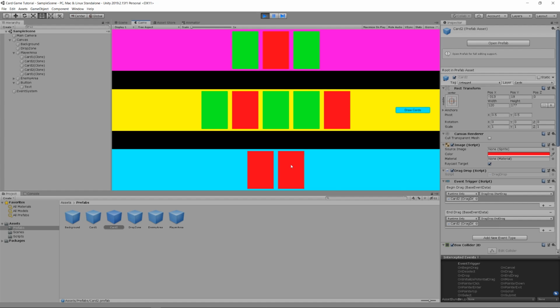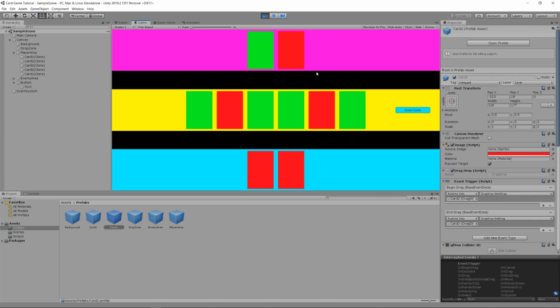There's still a few outstanding things, like if you wanted to add rounded edges to these cards, if you wanted to add images to these cards, or if you wanted to make it so that I can't actually bring them over to your hand area, because they're behind your hand area right now, or other functionality, or you only want people to be able to play one card at a time. There's a lot of different things you could do with this. So I leave that up to you to make it better and more awesome, and definitely look better than this version of the game. But hopefully this is helpful to you in your creation of a 2D card game in